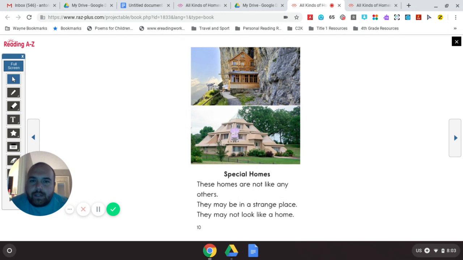I don't recognize either of these types of homes. And it's not something I see on my drive to school. And so as I look at the title, I see